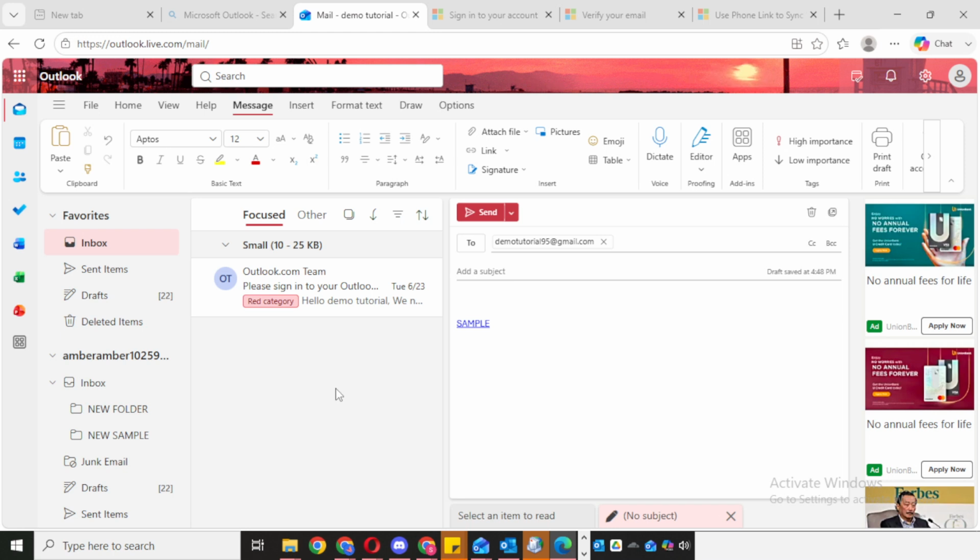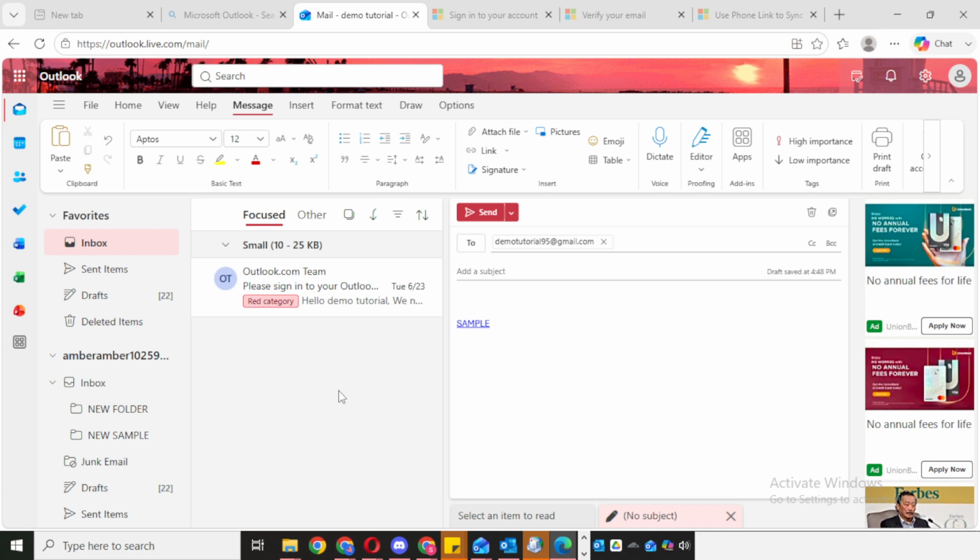correctly. Start by opening Outlook.com in your web browser and signing into your account if you haven't already. Once you're on the main Outlook page and can see your inbox, look toward the top right corner of the screen for the gear icon. This icon opens your settings, and that's where the forwarding option is located.